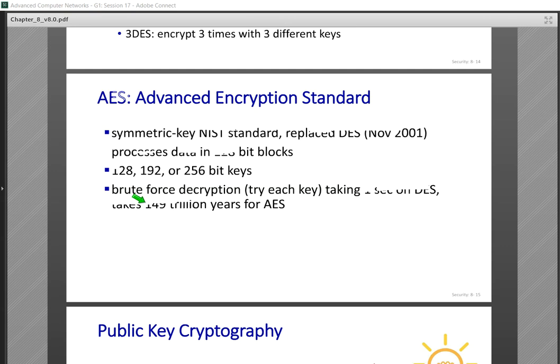By using brute force attacks, we can decrypt these encrypted messages very easily. But in comparison,